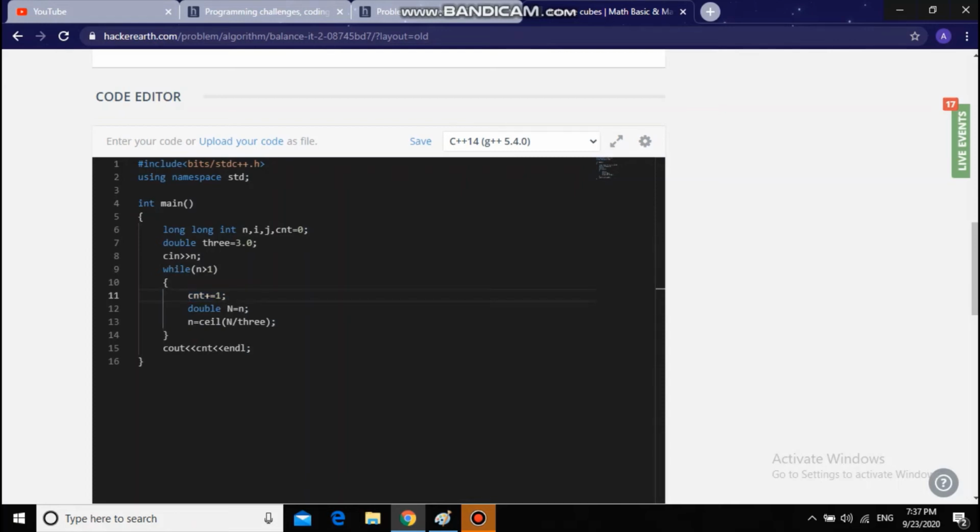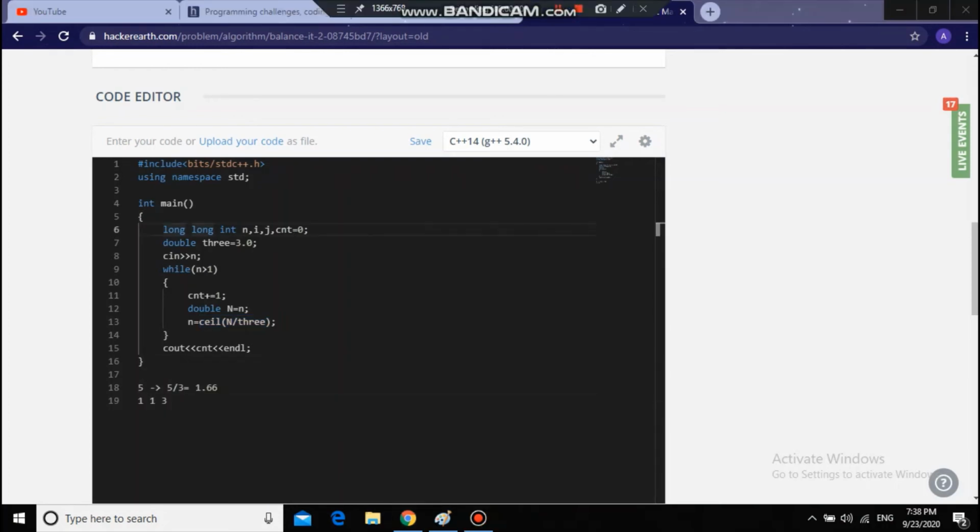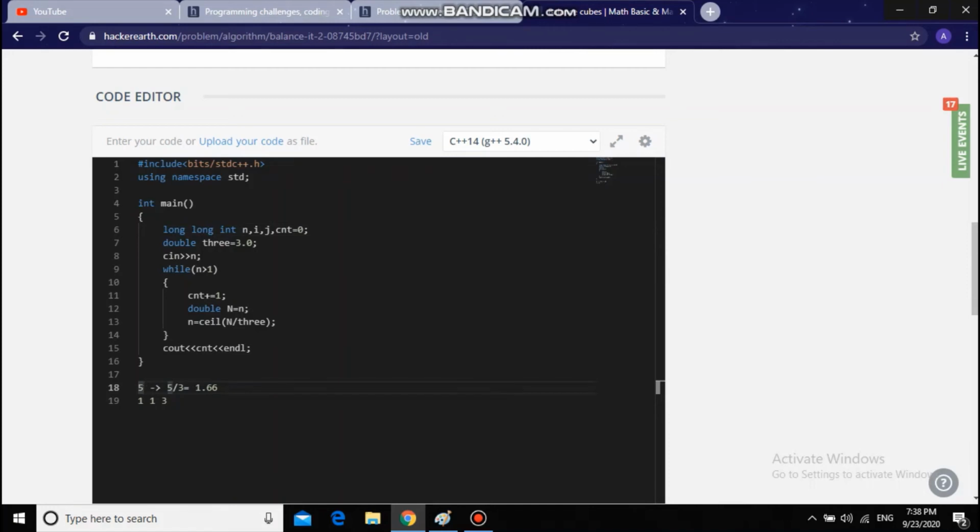Then we will divide n into three parts. We will take the ceil of n by 3. Why the ceil? Because in some cases, for example if n is equal to 5, we have to divide it into three parts. We will take one part of 2 cubes, and one of just one element, then compare these sums.